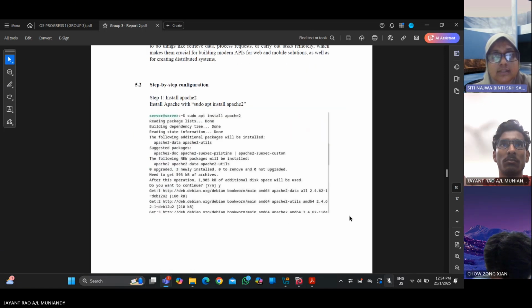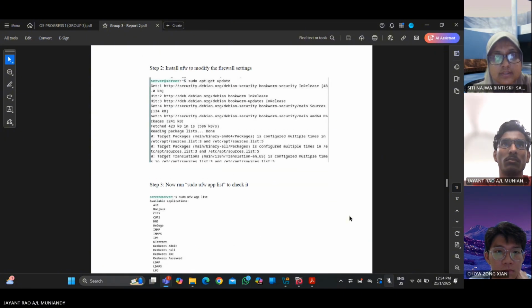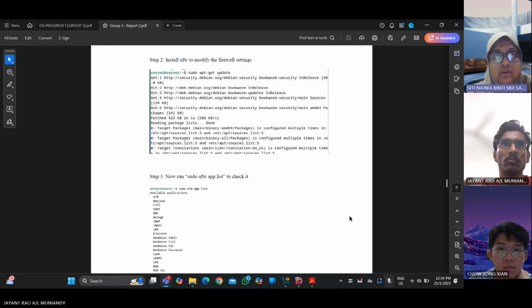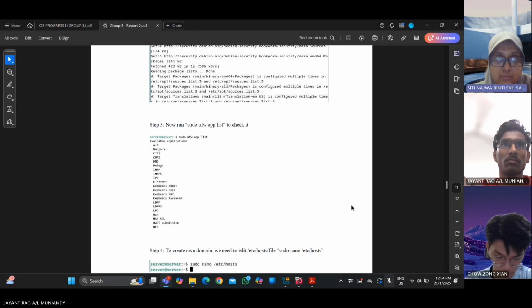So next is step by step for the configuration. Step 1, install Apache2. Install Apache with sudo apt install apache2. Next, step 2, we install UFW to modify the firewall settings. And after installing, step 3, we run sudo ufw app list to check